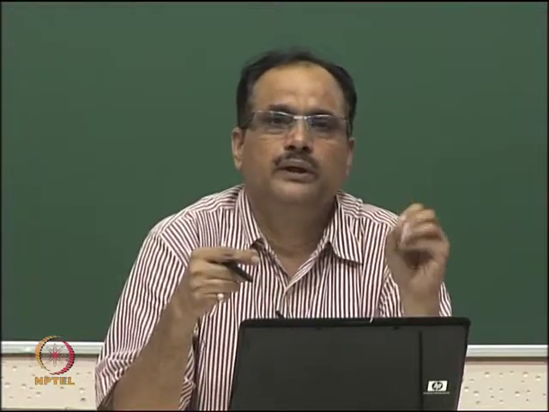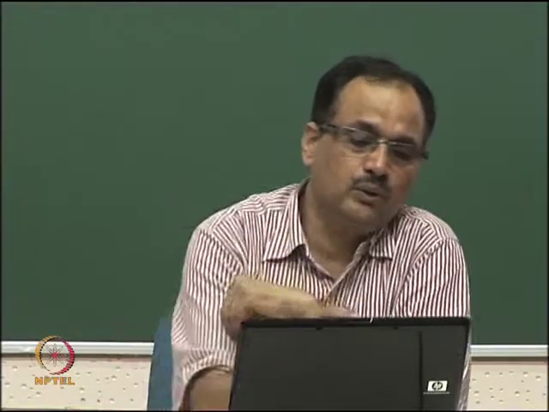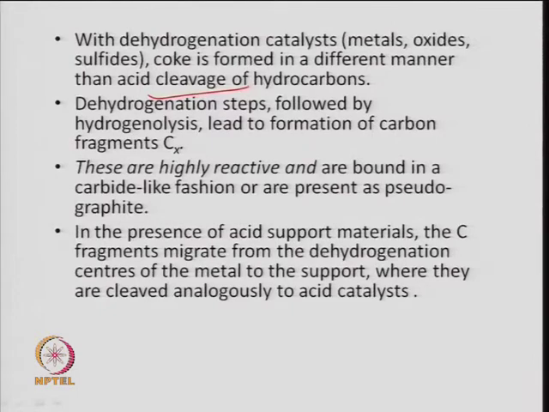beta scission, that is the bond breaks into points, and how this bond breaks will depend on the type of metal and also the bond energy. So, bond theory is to be understood in terms of carbon hydrogen, carbon carbon, double bond and triple bond, and the surface substrate which has the kind of protons available, acidity of the catalyst. So, that is one thing here if you look at in that form, the cleavage of a hydrocarbon of large molecular weight, so something like a normal heptane, and that is being cracked. So, heptyl radical forms, or methyl radical forms, hexyl radical forms, and so on the chain progresses.